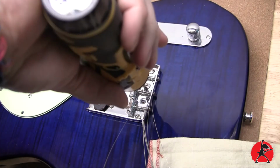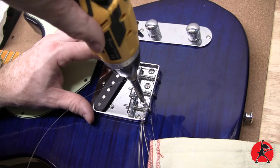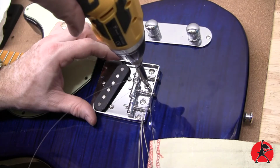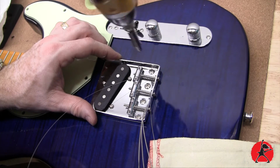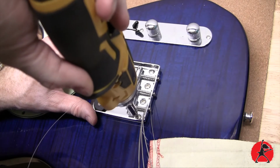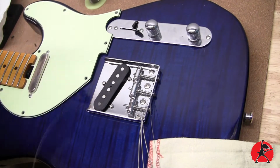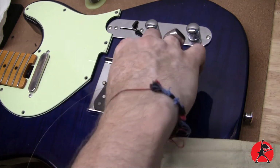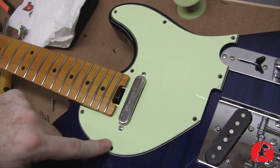That one's a little tight as well. Just loosen it back. Okay, so now we can tighten up the center screws, the outer screws. Alright, we don't want to cause too many issues by over tightening anything. It's always best to tighten a little bit at the end by hand. We're going to put the screws back on